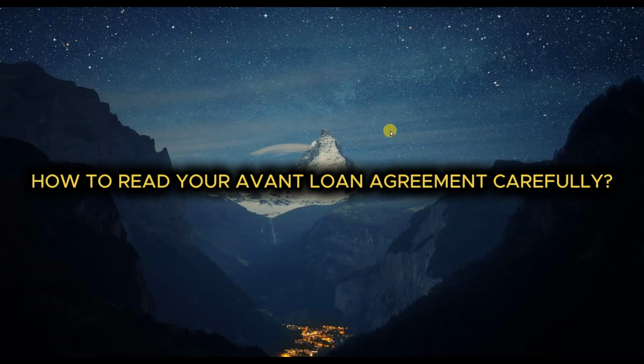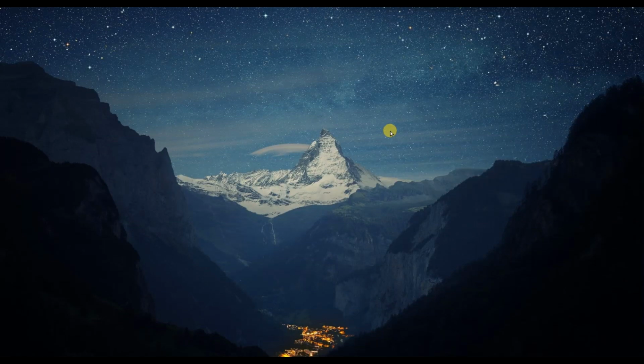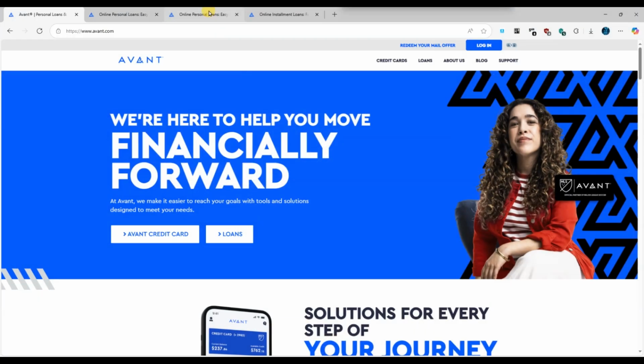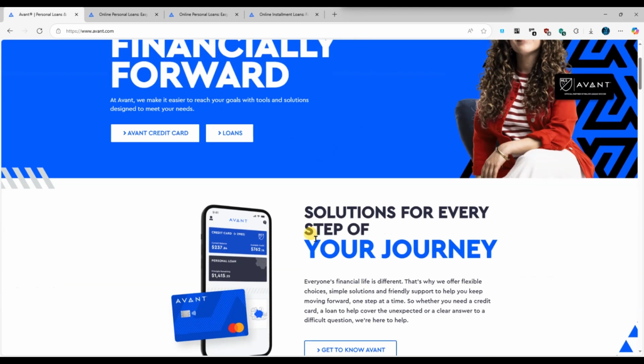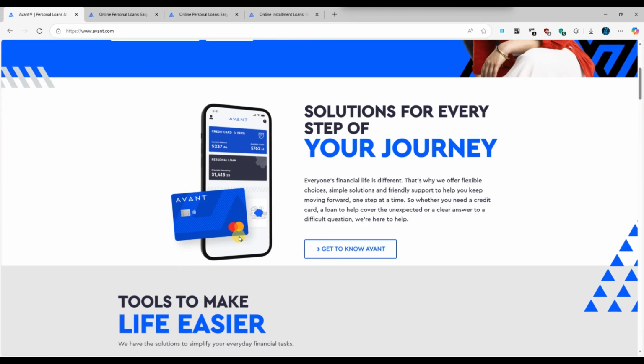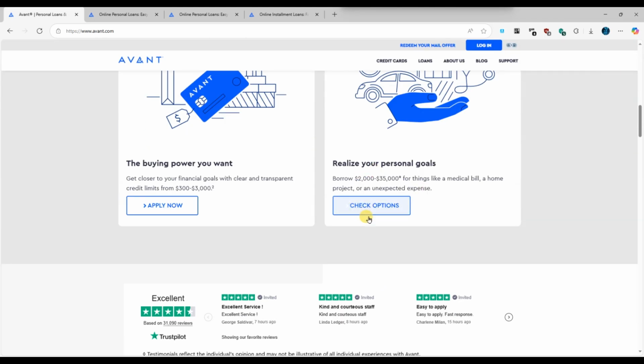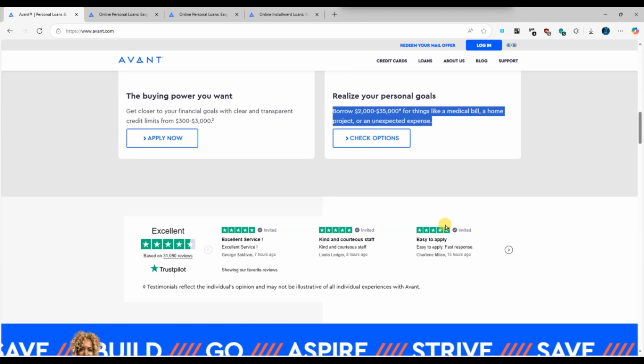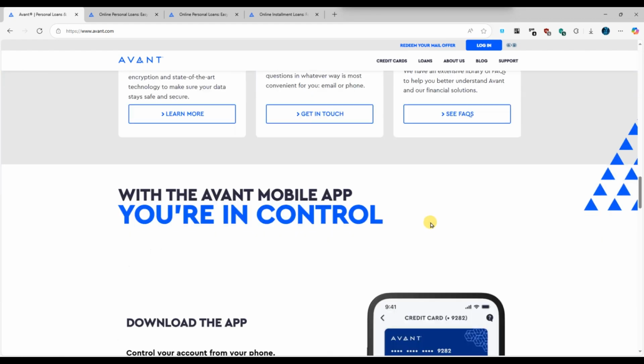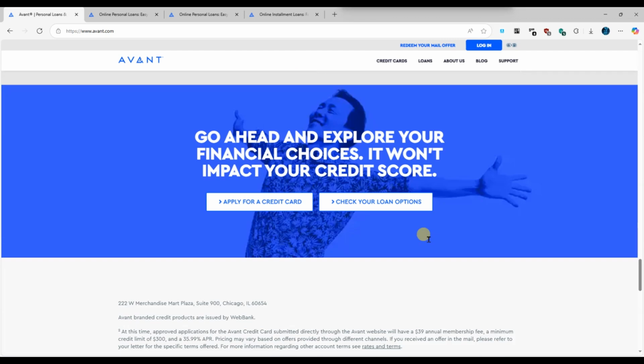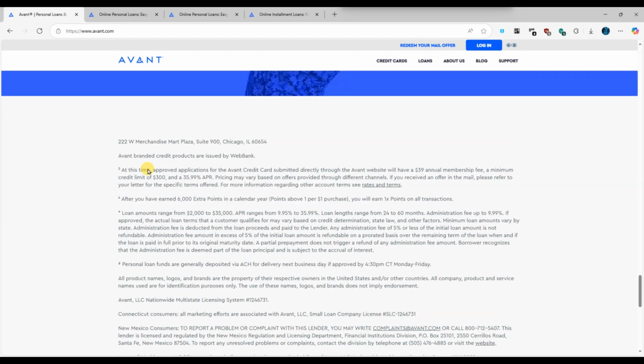How to read your Avant loan agreement carefully. First of all, begin by locating the loan amount, interest rate, and repayment schedule. These three details tell you how much you are borrowing, how much you will pay in total, and when your payments are due. Double check that the loan amount matches what you applied for and confirm whether the interest rate